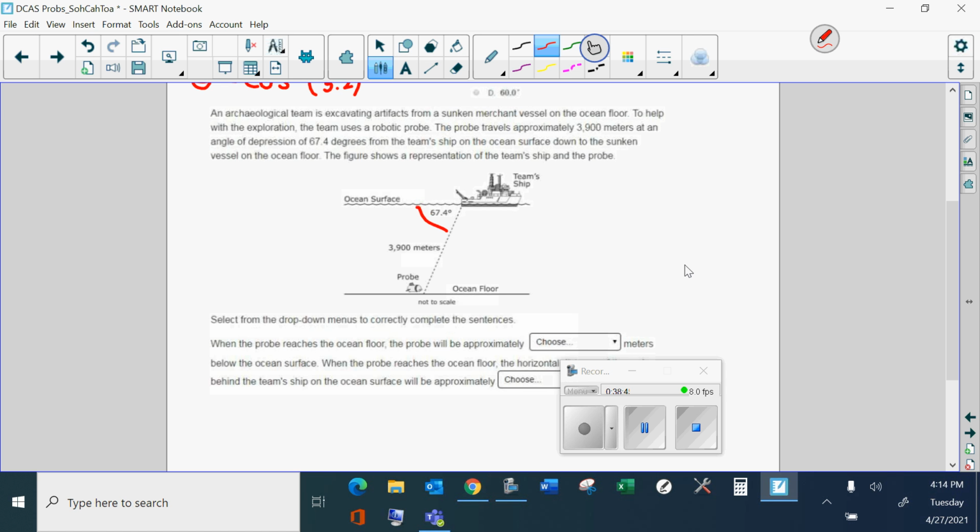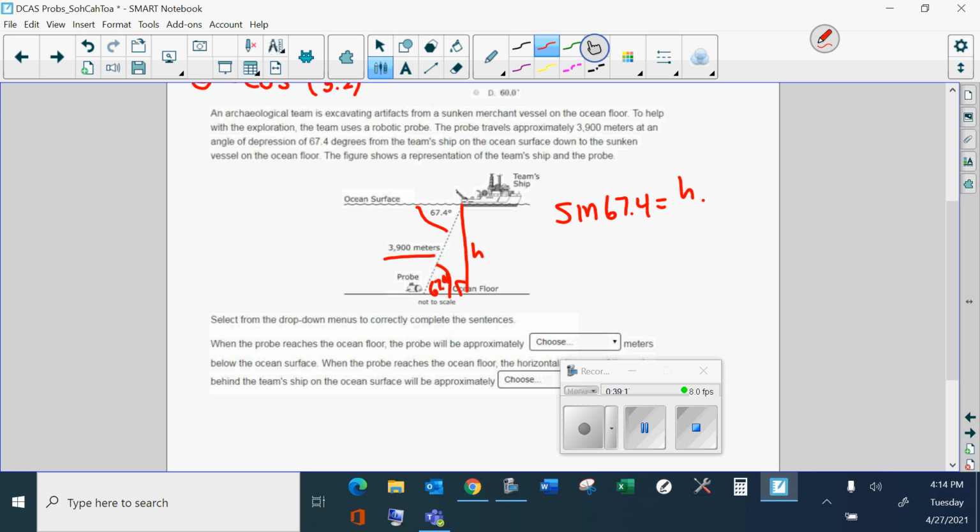It says select the drop-down menus to complete the sentences. When the probe reaches the ocean floor, the probe will be approximately blank meters below the ocean surface. So that means it wants that height right there, the altitude. We know this is 67.4. Alternate interior angles are congruent. Okay, and we know the hypotenuse, 3,900. So it's opposite over hypotenuse. So it's sine of